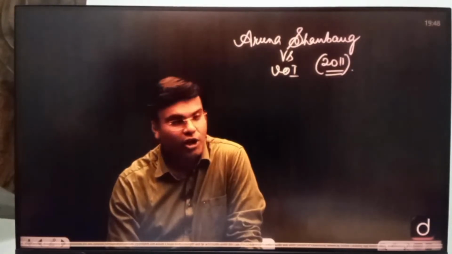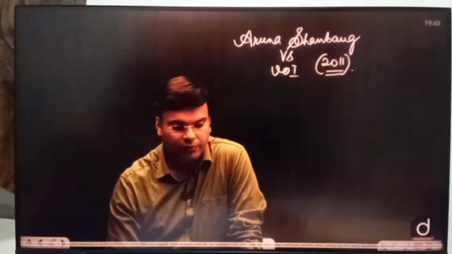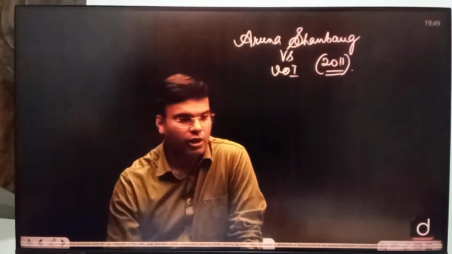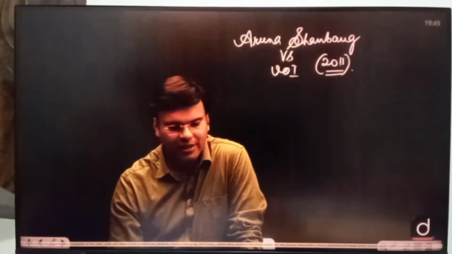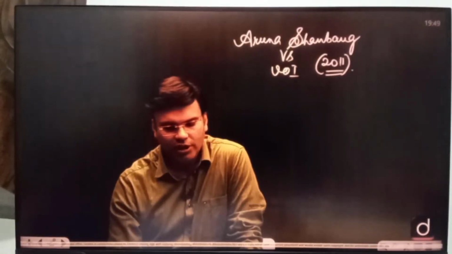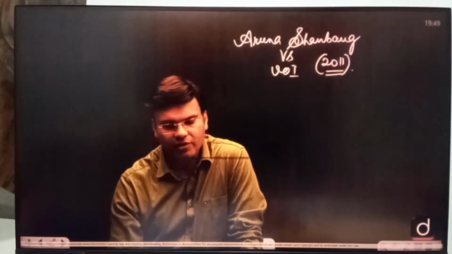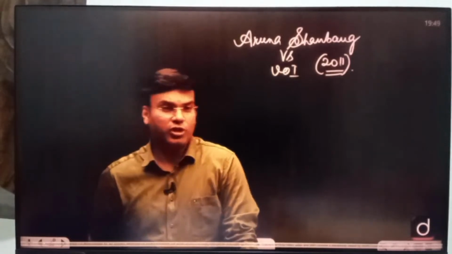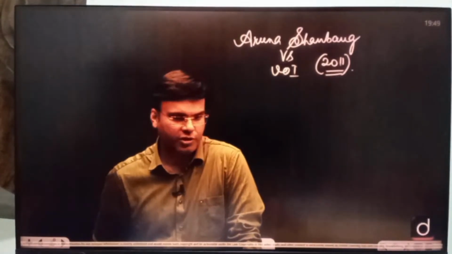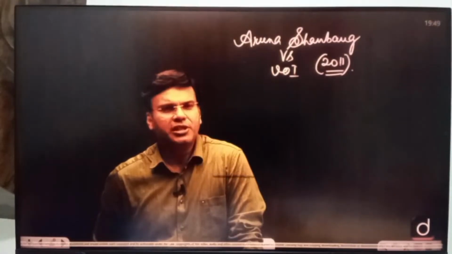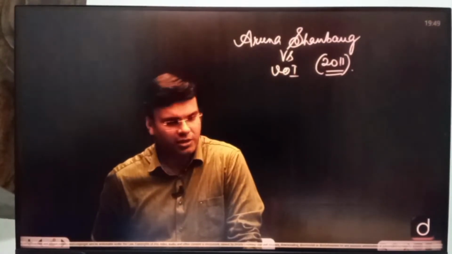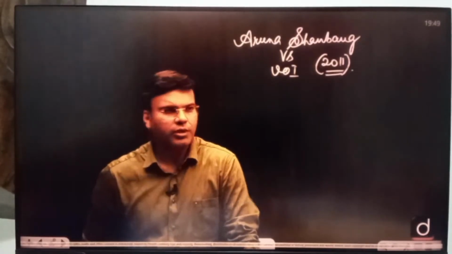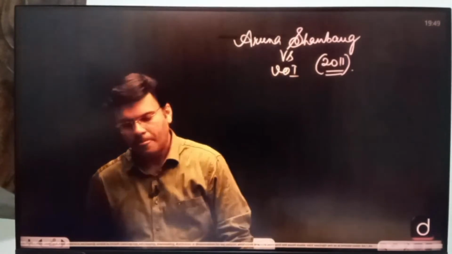But the origin of, you know, all this idea comes from where? It comes from the Aruna Shanbaug case. Aruna Shanbaug is the case through which we can actually discuss this issue of passive euthanasia. और अगर आप इस व्यक्ति को देखें तो he's only 32 years of age. So it's like a very very young life. और पिछले 13 साल से यानी 19 साल की उम्र में ये हादसा हुआ था उनके साथ, and after that he could never recover. You know, so he fell down from a height, and